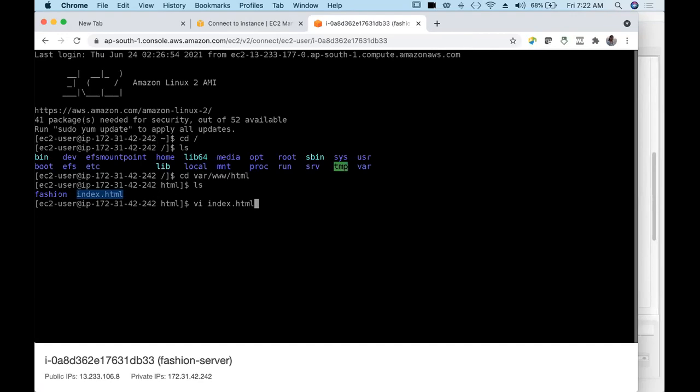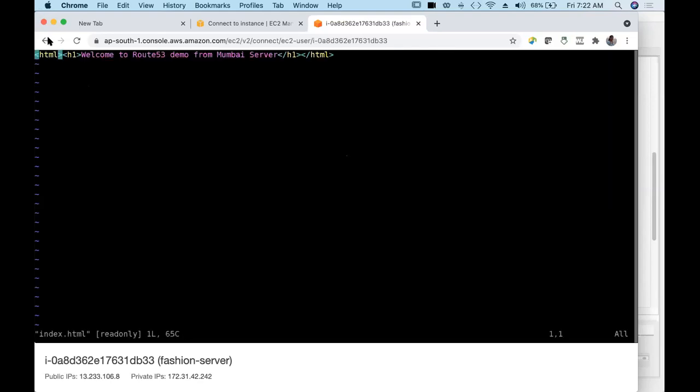See, I am not going into fashion. This is my default index.html page. Okay, I'm not a root user.